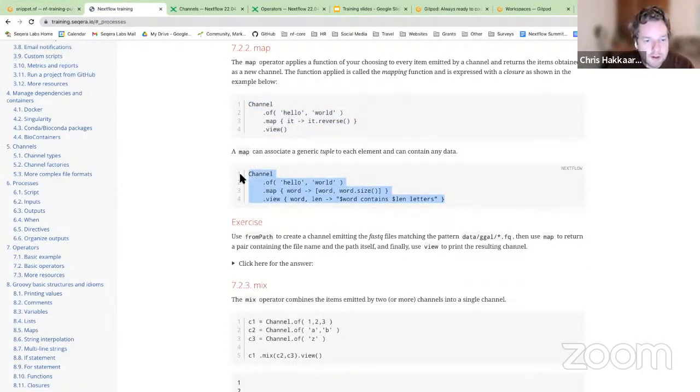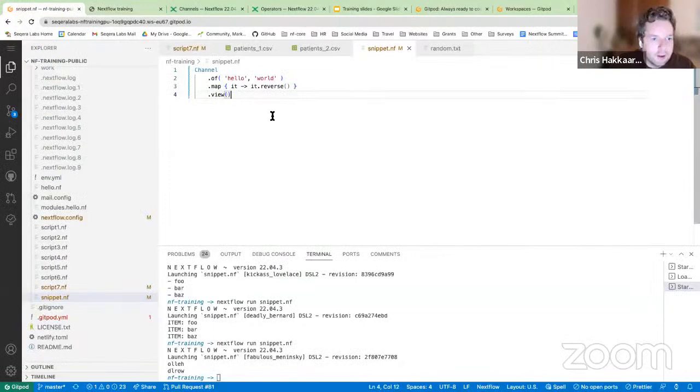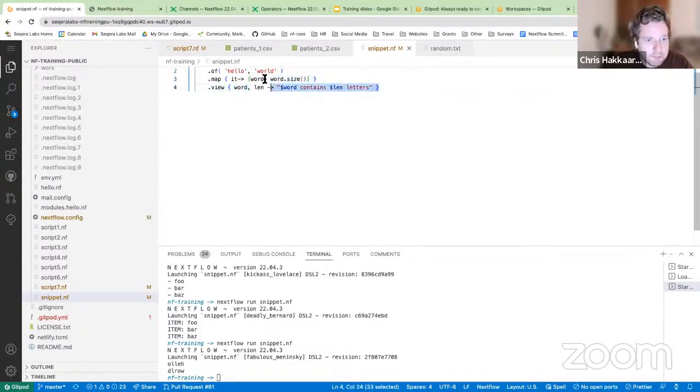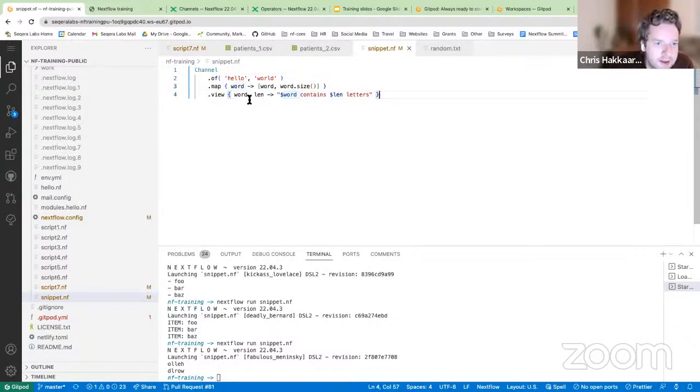And of course, there are lots of different operators that we can use. Another one here that we're going to use as an example is .size. We could use it in all these different situations, but we've arbitrarily changed it to word because it's a little bit easier to conceptualize. Hello, world, word, and then we're going to have word and word size produced as two parts of a list. Then we can take that using view, and we're going to use word,